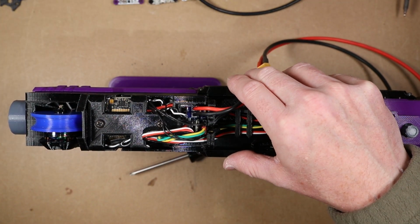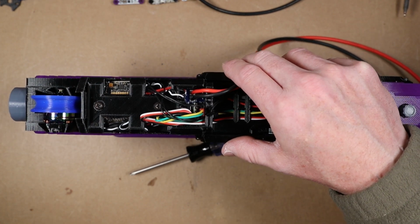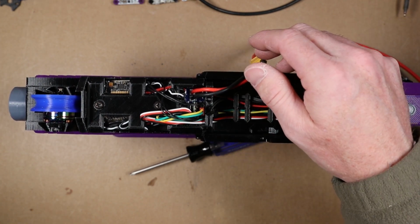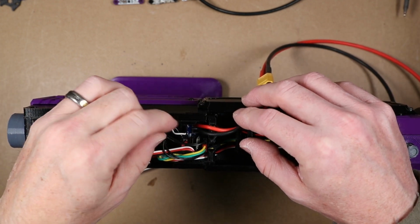That doesn't help too much. All right, so let me roll a photo or something. Yeah, no, that ain't gonna happen. So